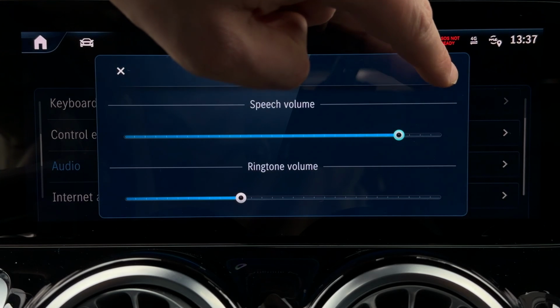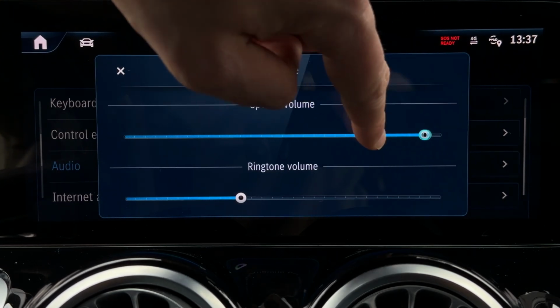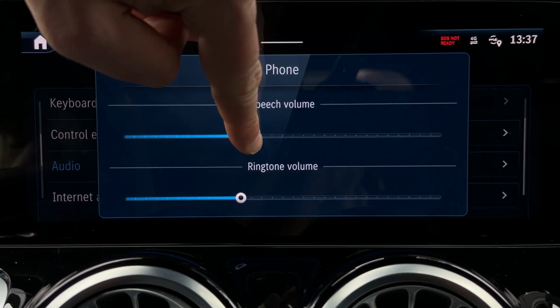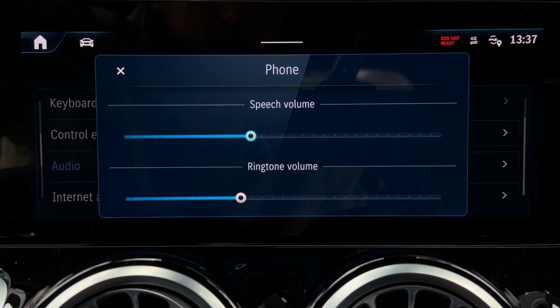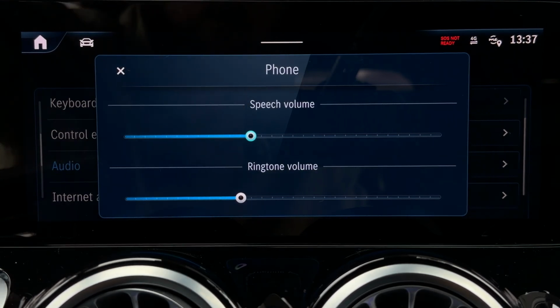You can hear the sound. I think the correct level in my case is near S, so it's enough for me, and I think that's it for this